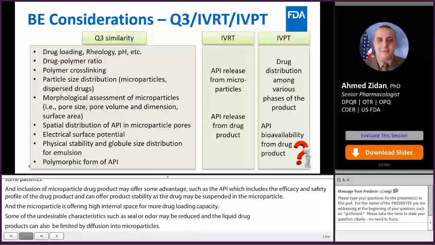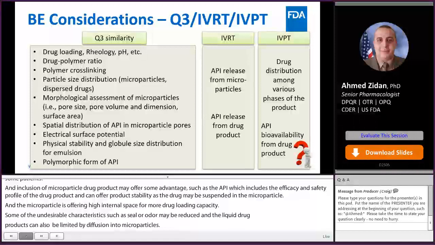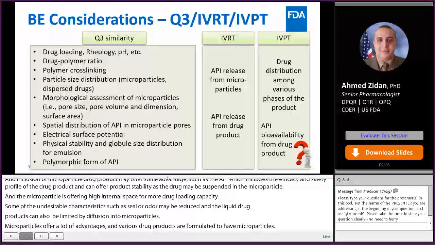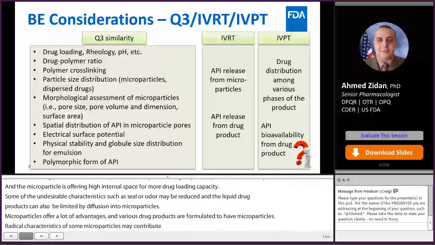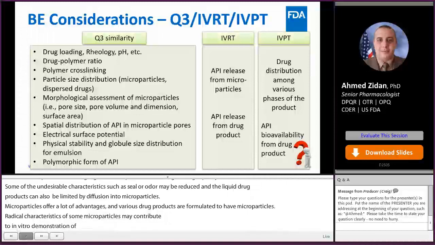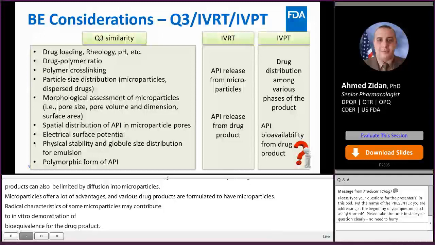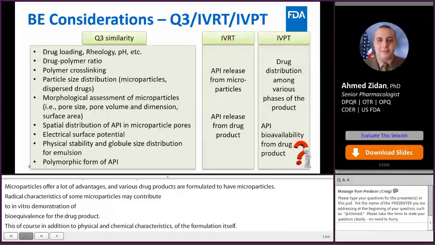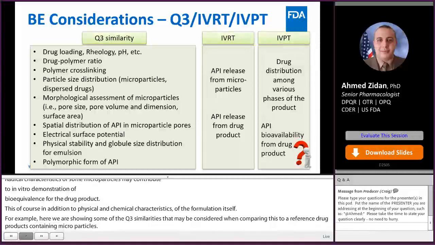Critical characteristics of the microparticle may contribute to the in vitro surrogates for demonstration of bioequivalence of these topical drug products. And this, of course, is in addition to the physicochemical characteristics of the formulation itself. For example, here we are showing some of the Q3 similarities that may be considered when comparing test to reference drug products containing microparticles. For example, drug loading, as well as rheology and pH of the matrix, as well as drug to polymer ratio in the microparticle and polymer cross-linking, particle size distribution of the microparticle and other dispersed drug,